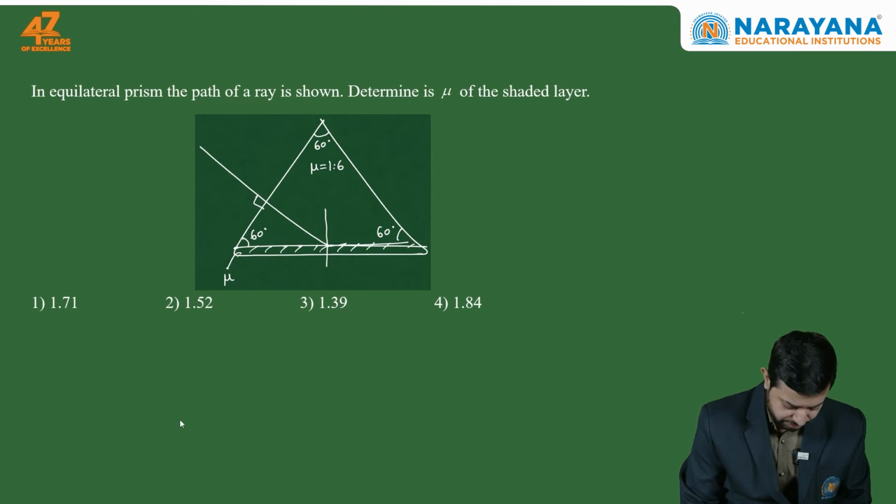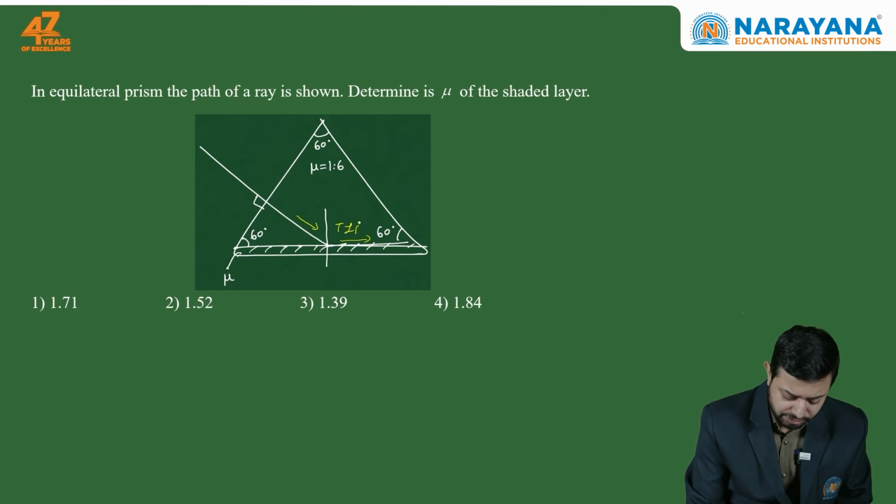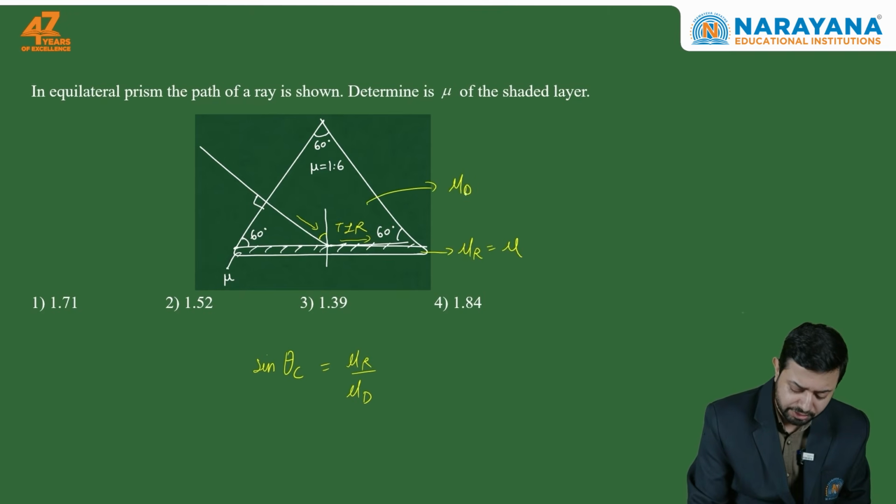Let's see. When we talk about this shaded layer, as you can see the path, it goes straight like this, and then it takes a turn like this. It is going grazingly, and therefore it is the phenomenon of TIR. If it is TIR, this angle should be the critical angle. So we can write the critical angle formula: sine of theta c is equal to mu of the rarer medium by mu of the denser medium. This is the mu of the rarer medium, which is the unknown mu, and this is the mu of the denser medium, which is actually